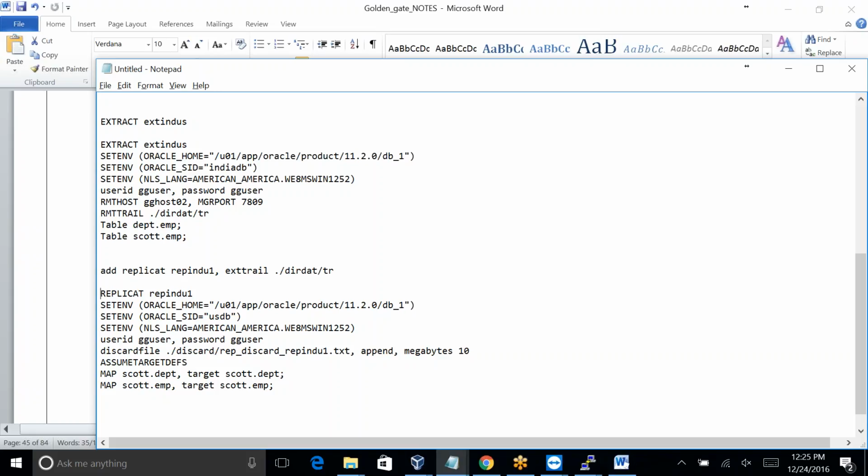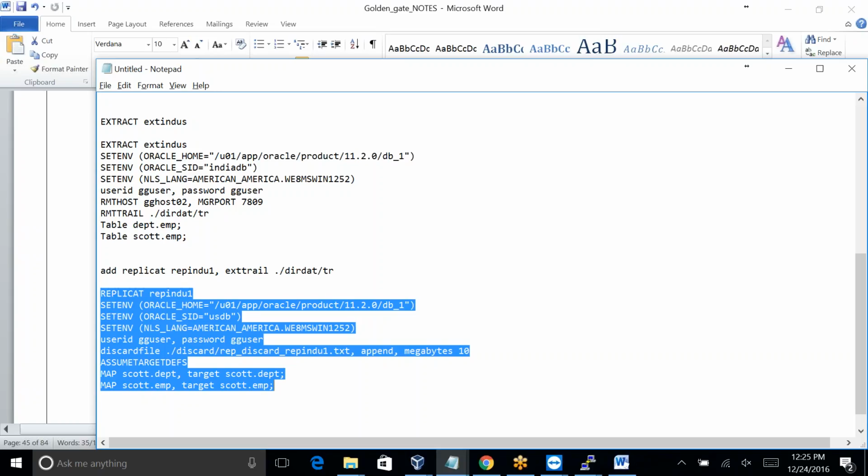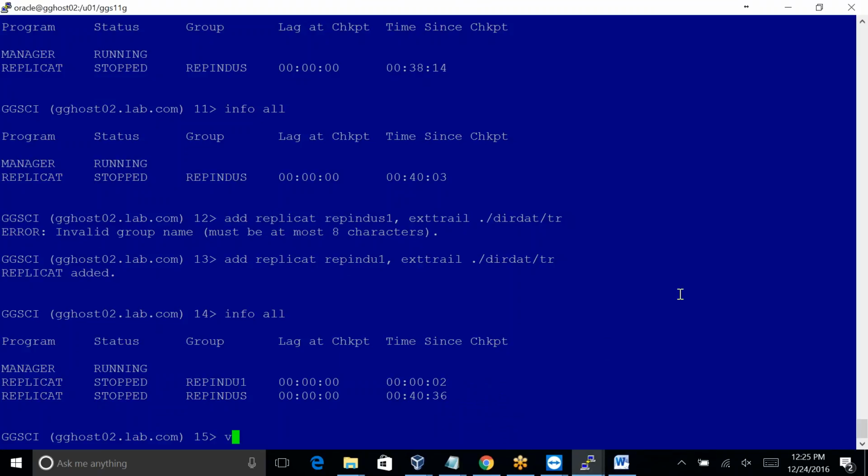Replicate REPIND U1, these are all the same. User ID is okay. Discard file, rep underscore, and map the DEPT. So I am going to add all of this to our parameter file. For the parameter file, how are we going to add? That is, view params for checking, params rep